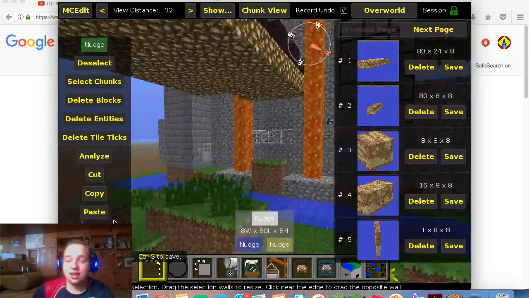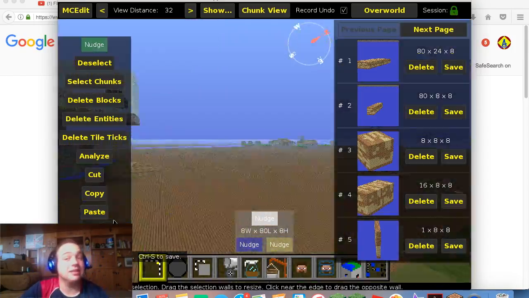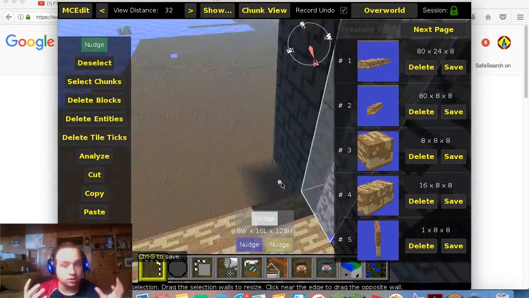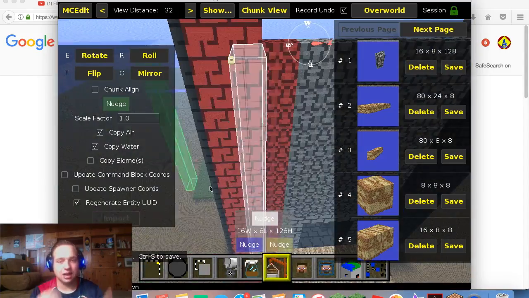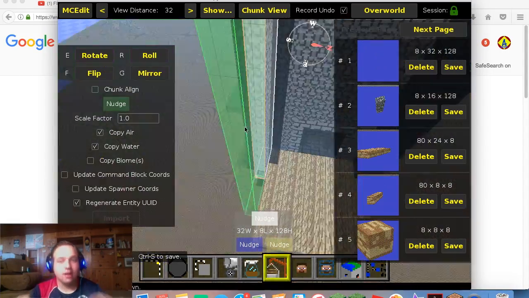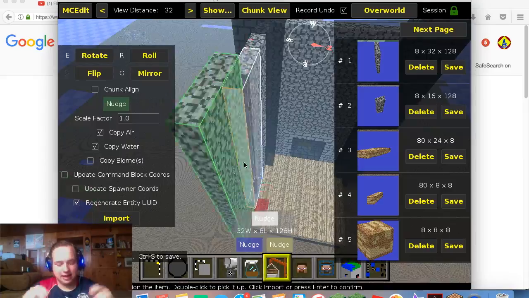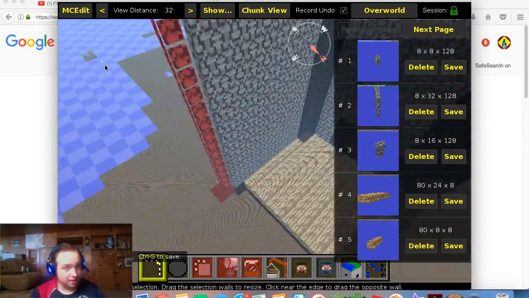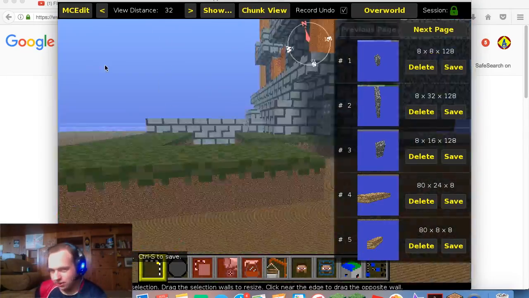Okay, so here's the birch floor. It was pretty easy. I did the same tactic as the towers, as in copying, putting the layer, and then copying that and pasting it, and then copying both layers, and then pasting, and then going all the way to the back where I needed.